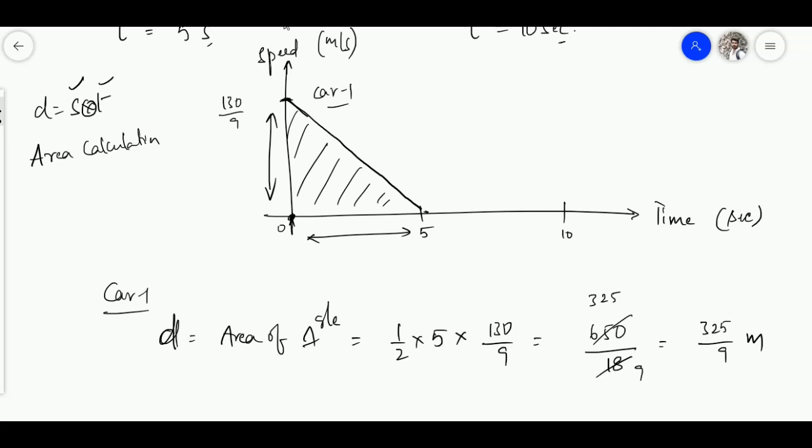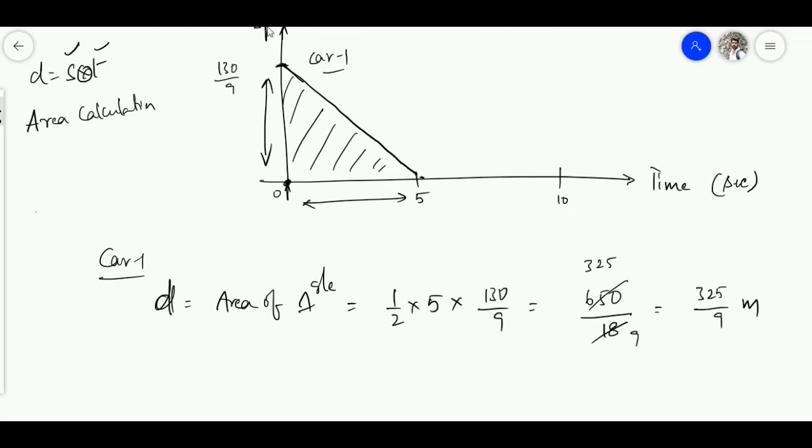So let's do the same thing for car 2. Let's pick some different color for that. Coming to car 2, we have to do that on the same graph. Initially it is starting with some velocity, 5 by 6 meter per second, and obviously it also stops. So the final velocity will become 0 on the y-axis, but it is taking 10 seconds. So let's draw. Yeah, good.